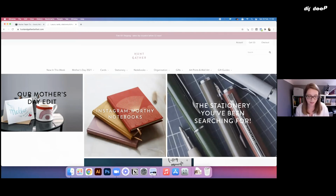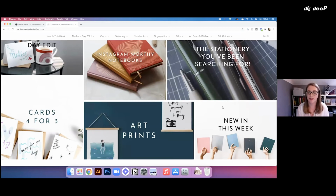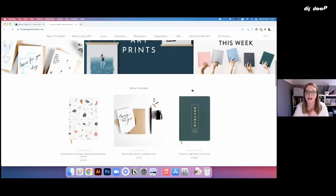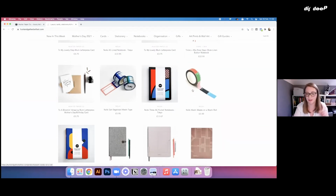So just really trying to keep it customer focused, really thinking about how the customer navigates through the site, where they would click first, how many clicks it would take them to get to where they need to be, and really trying to keep it as much like a shop window. I always keep that in my head as I go. So then I'll just flip back to